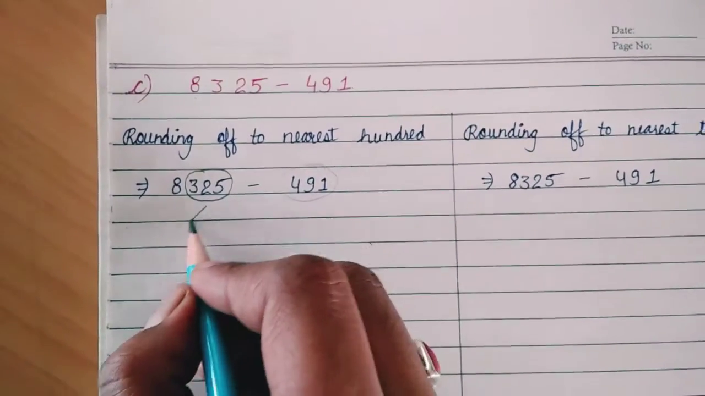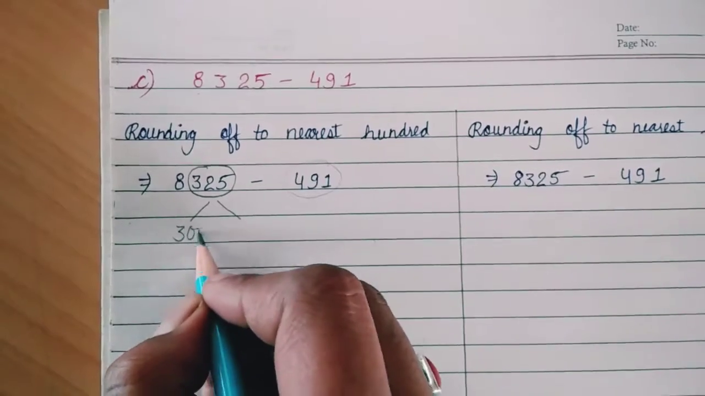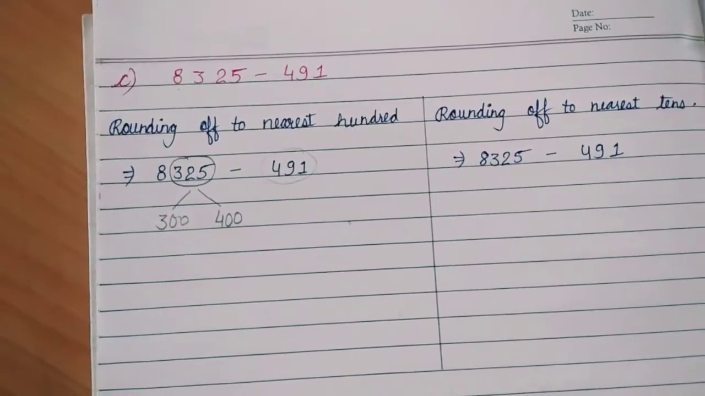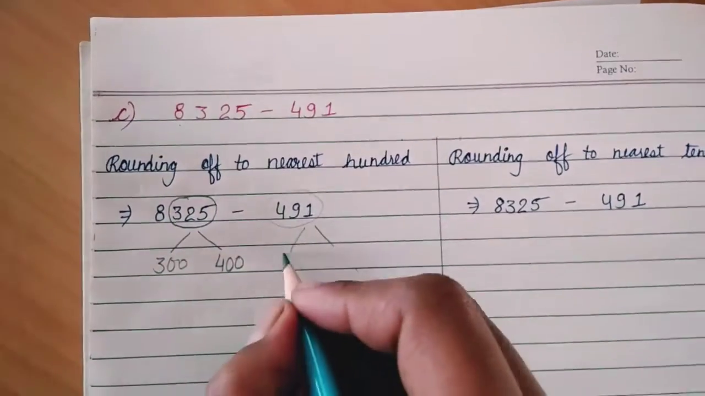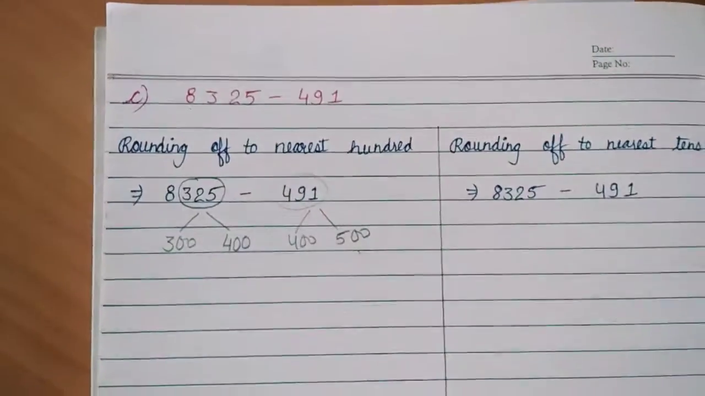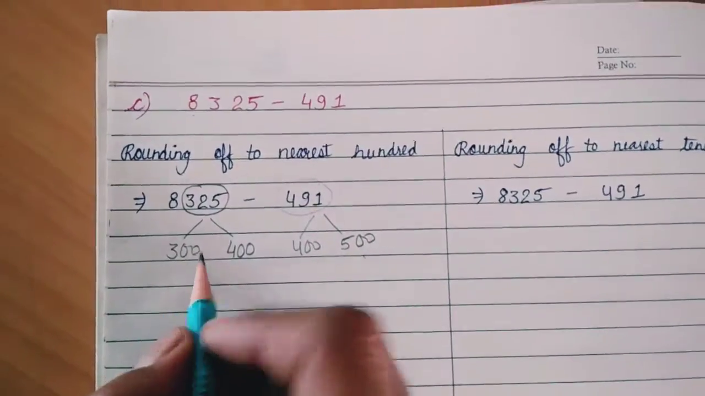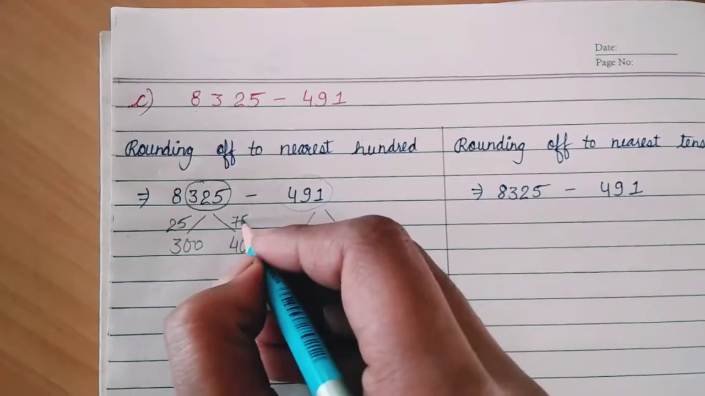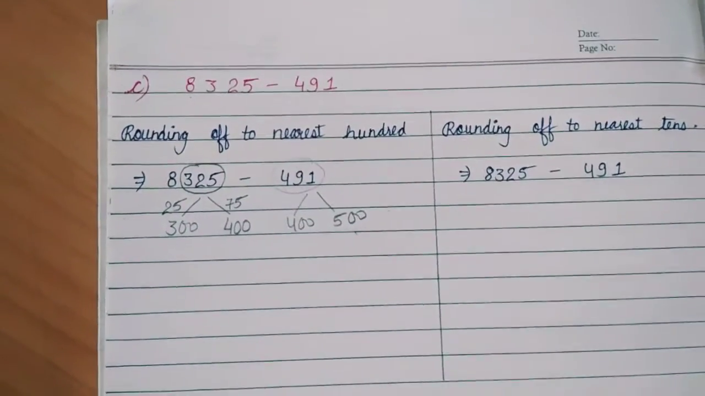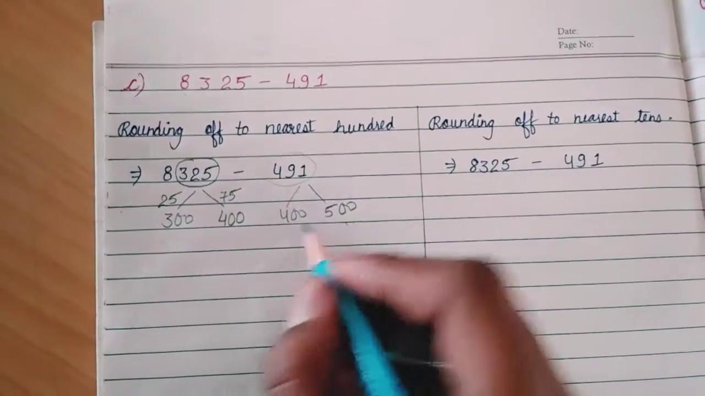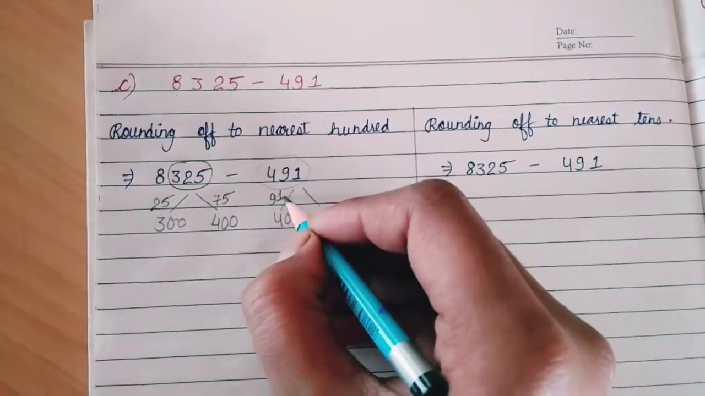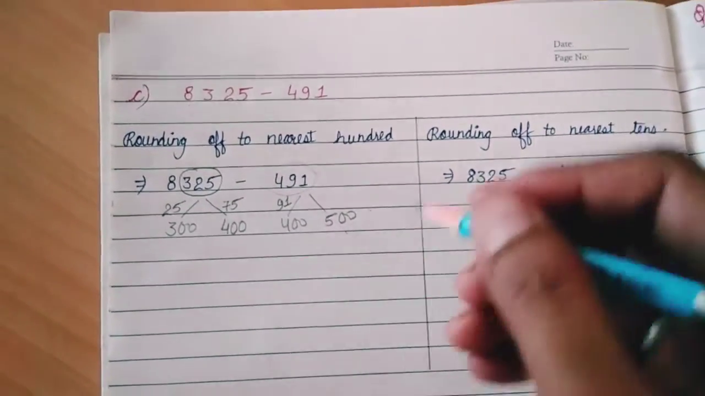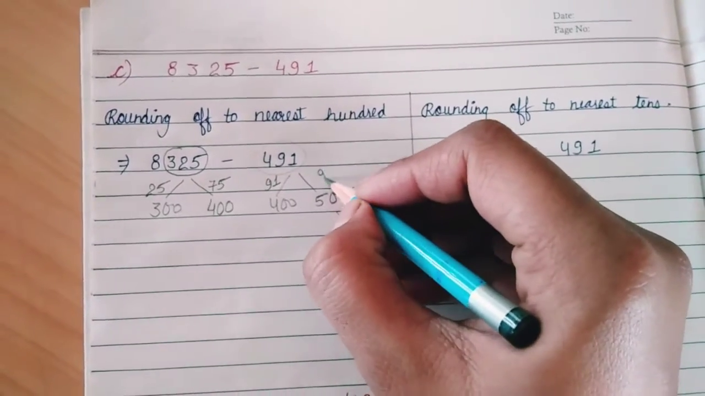Okay. So we have 325 which is coming in between 300 and 400 according to the 100th place. And 491 is coming in between 400 and 500. Simply you can see from 300 we have to take 25 steps. And from 400 we have to take 75 steps to reach 325. In the second one we have to take 91 steps to reach 491 from 400,